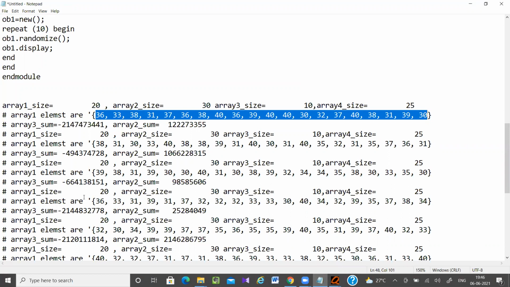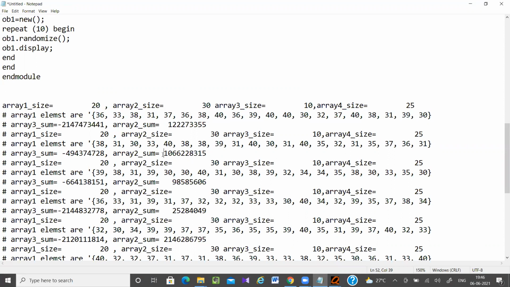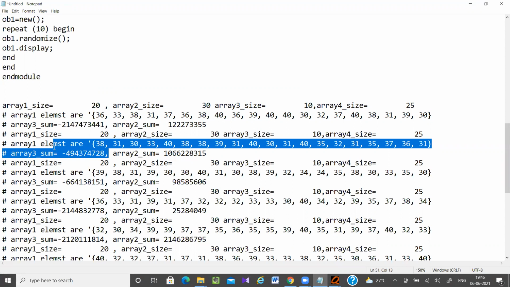For array 2 sum and array 3 sum, one is less than 100 and the other is greater than 100. It shows a negative number because I have taken the variable as int.